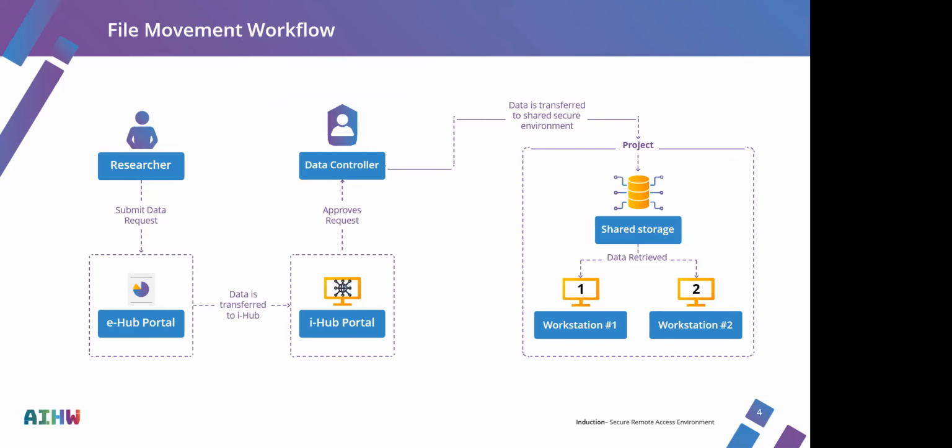Files flow in and out of that workspace through what we call curated gateways. So essentially, a researcher can request to have a file ingressed or egressed through a portal, and that file is held in the EHub or the IHub until it can be reviewed and approved by the data controller. The data is then transferred to the shared secured environment, or out of the shared secure environment if it goes the other way. And that way we maintain that auditability and control of what comes in and what goes out